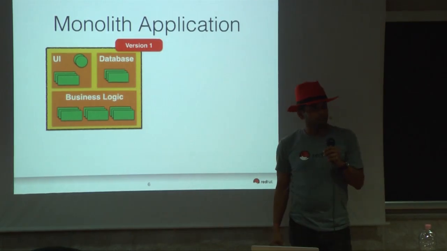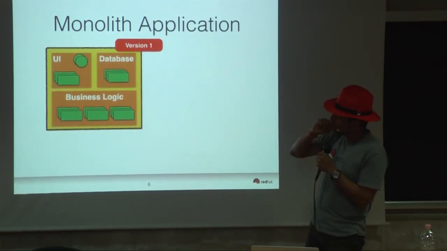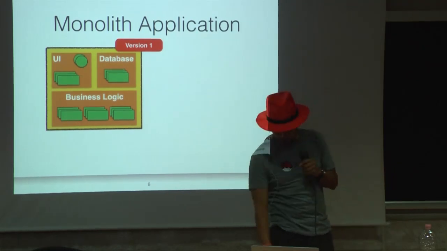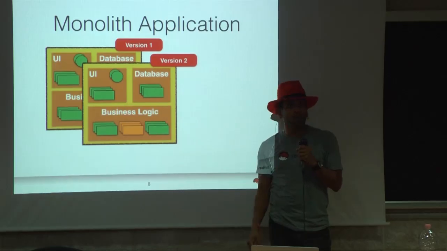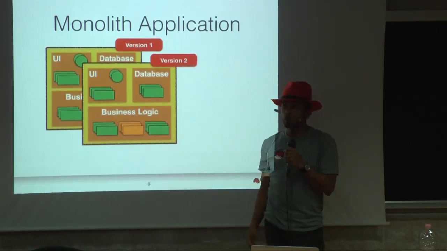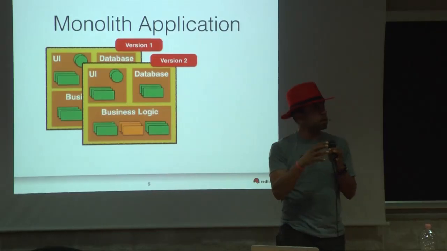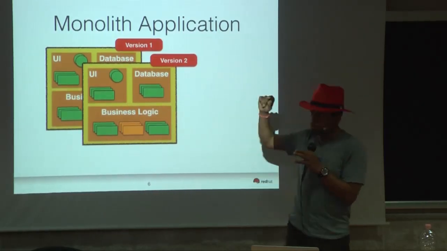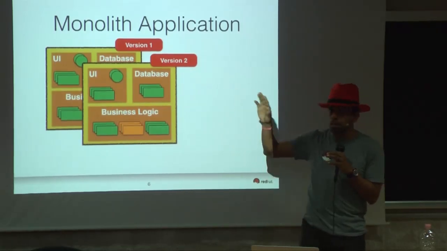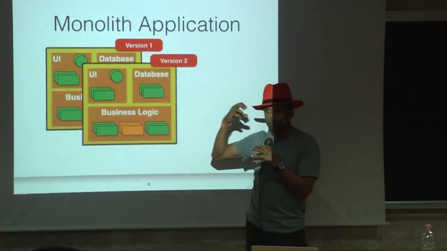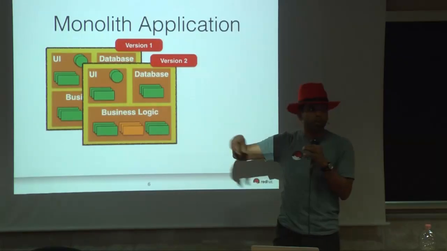Let's take an example. What are the issues with this classical monolith application? Well, I have a simple application. Version 1 is live. Version 2 comes out where I change a certain component of my application. But because this is a monolith, I got to rebuild my entire archive and drop that entire archive in the application server. There comes version 2. Even though my UI, my database, none of that concept is changed. Or maybe I just change one functional component of the app, but still, I need to redeploy my entire WAR